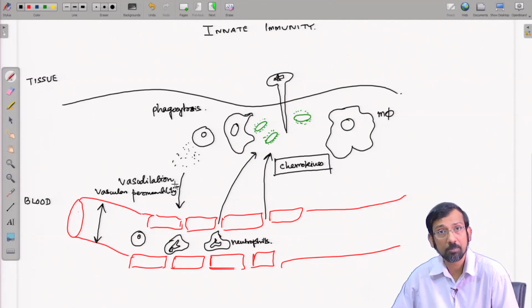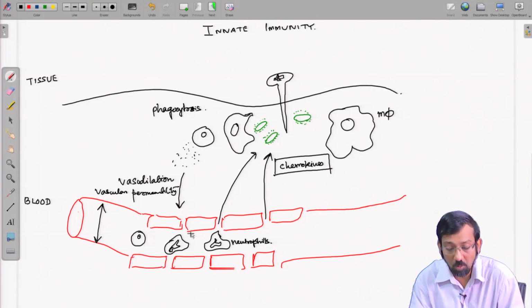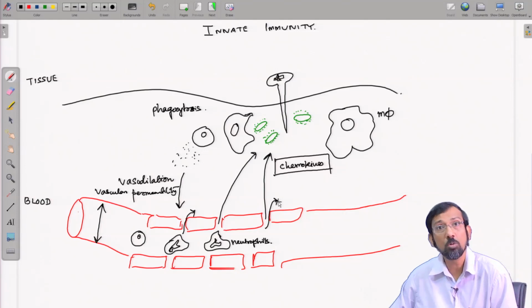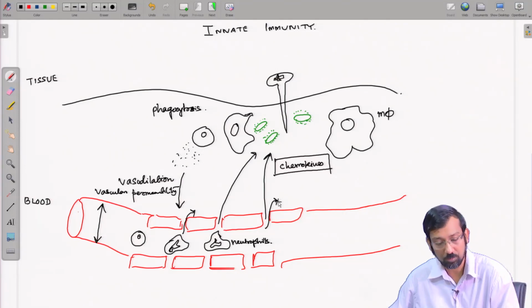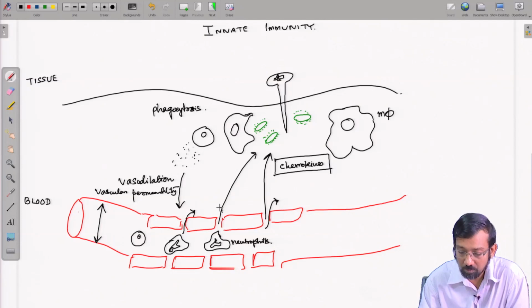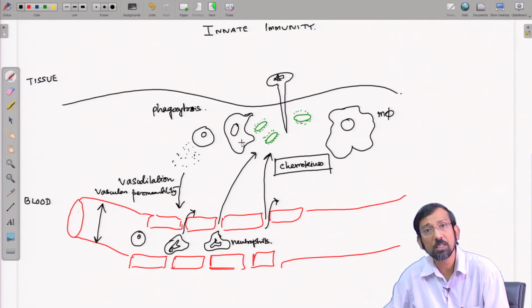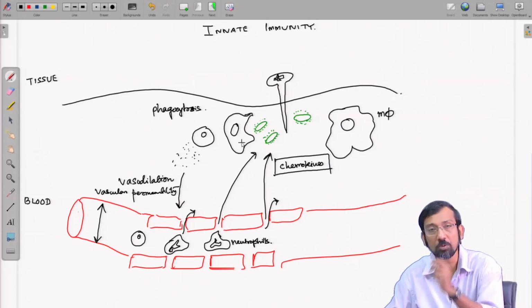And that is why it allows more and more of these cells of the immune system to migrate to the tissue. So, by that, more and more of these neutrophils, the macrophages, and more mast cells move to the tissues,